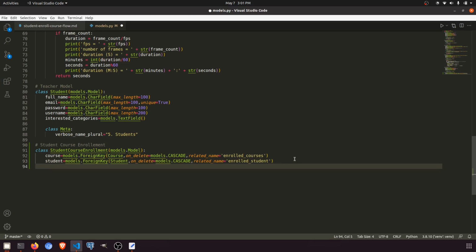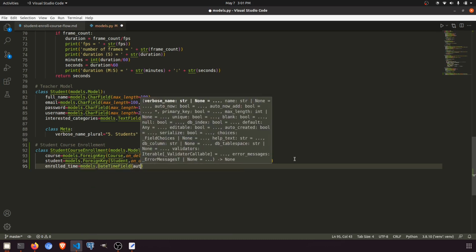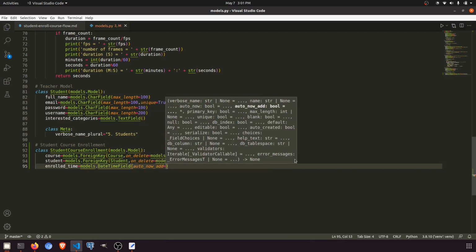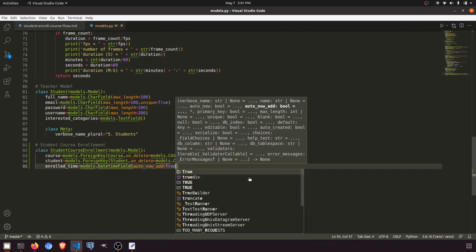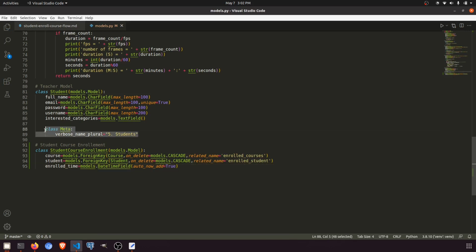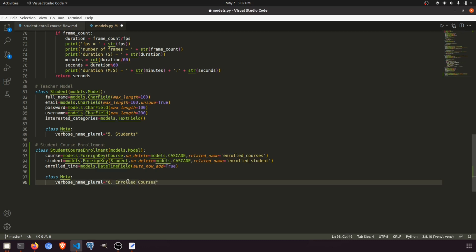And I will add one more thing, that is enrolled_time, and that will be automatic time. We will not manually do this. So models.DateTimeField, and in this we will say auto_now_add=True, right? And we will define here the Meta class, verbose_name_plural, and this will be the enrolled courses,